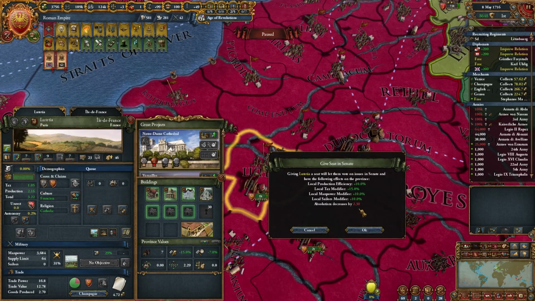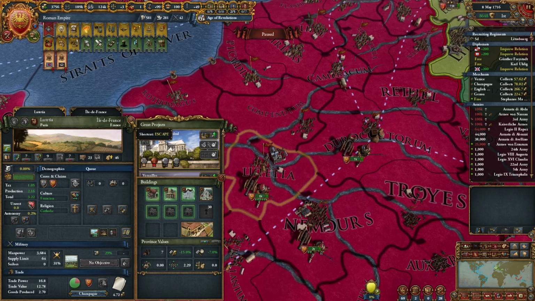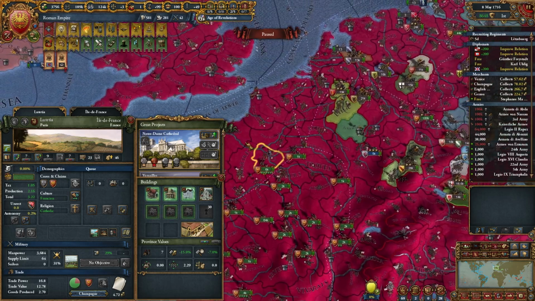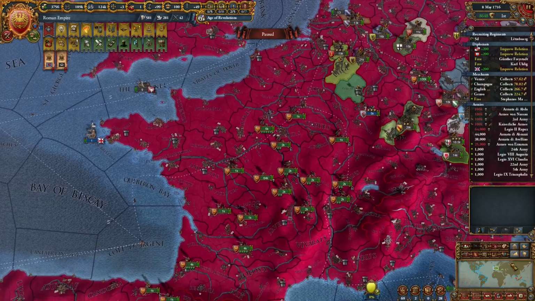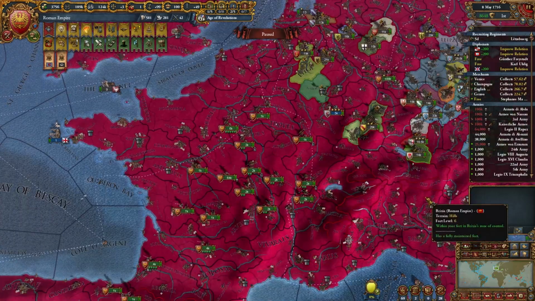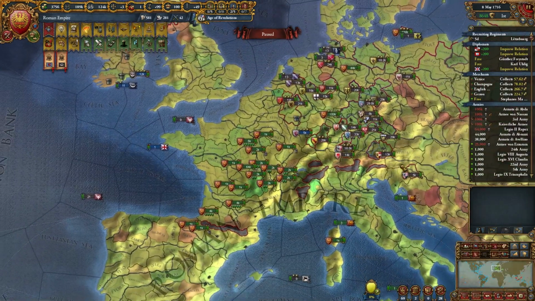In this case, I would lose 2.3 absolutism, right? Now imagine if it did that 30 more times. That's negative 60 absolutism, which is like, oh my goodness, right? So to manage this and contain the damage, you want to assign the seats to the worst developed provinces. So what I recommend doing is opening a development map mode, and you want to find where you have